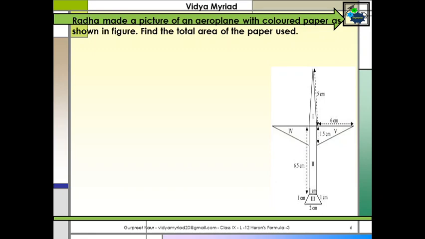Okay. So if you look at the aeroplane, it is marked into 5 parts. First part is in a form of a triangle. Your second part is in a form of a rectangle. Your fourth and fifth also in a form of a triangle, and your third part is in a form of a trapezium. Now what we will do is, we will find out their areas one by one of all the different parts, and at the end we will join it, we will add them together.